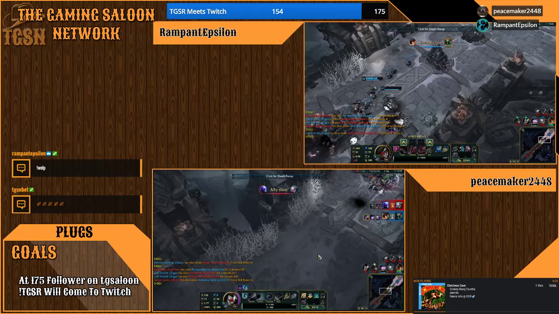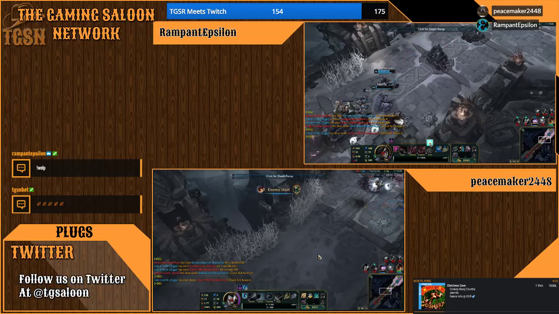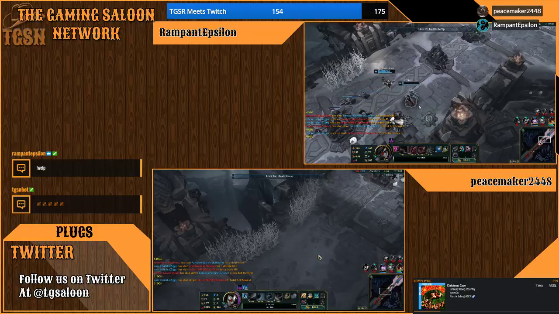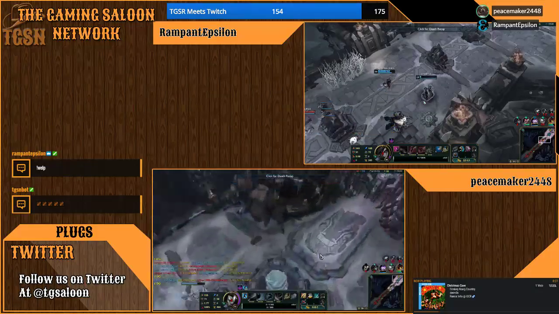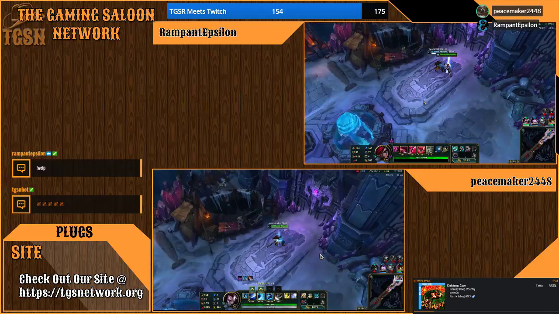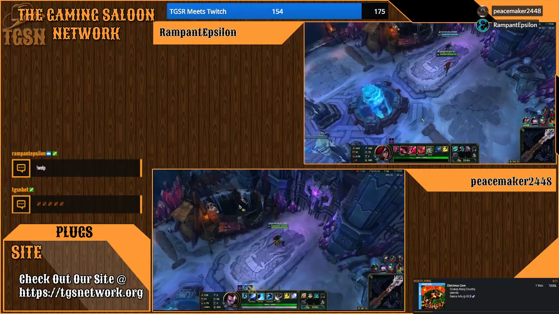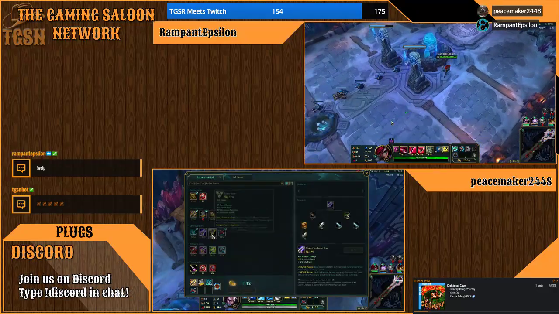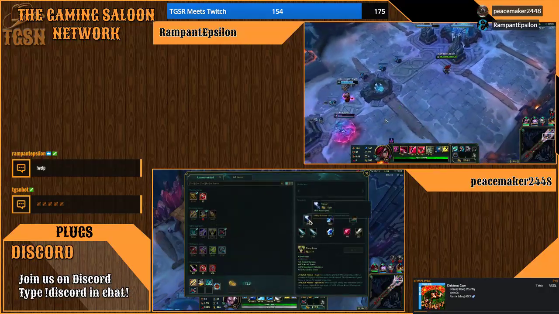Also, shout outs to the emotes need to be bigger. Also. I can't comment on that because I have the text size enlarged to 18. No, not chat. Oh, on the on-stream chat. Okay, yeah.